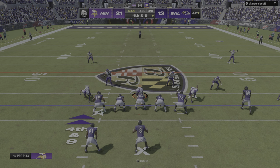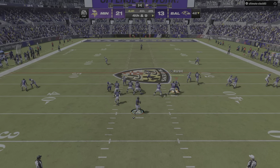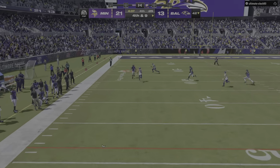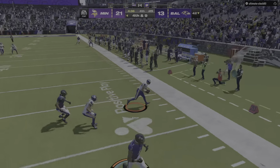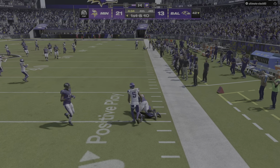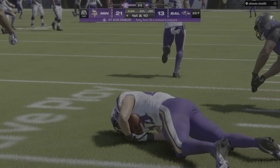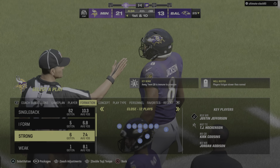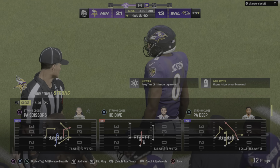They're going to go for it here on 4th down. Here we go. It's Jackson on 4th down. Forced out to his left. That's going deep for Bateman. Thrown across the field, and that will easily be intercepted. Picked by Cameron Bynum. And the Vikings are going to get the ball back on the turnover as they hold